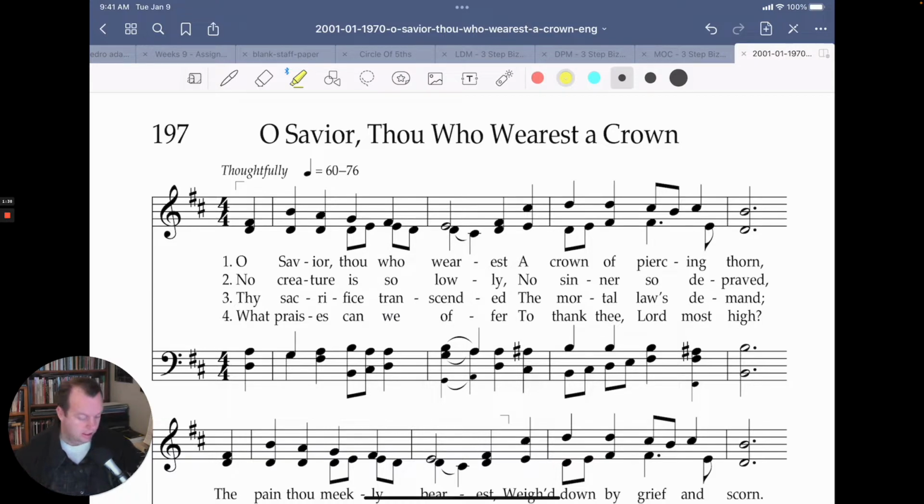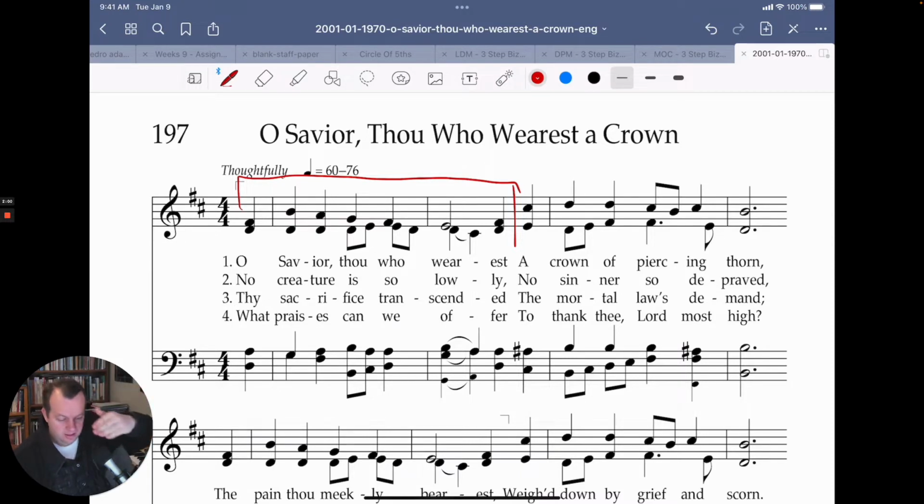Okay, so the tune begins, we're in D major. That's our halfway point. O Savior, thou who wearest. That first half is very gentle, we have a little leap up, and then step, step, step, step, step. So it's a bit of a leap, and then kind of a little valley that comes down. Then a big leap up high to the high register. Now, that little tune,